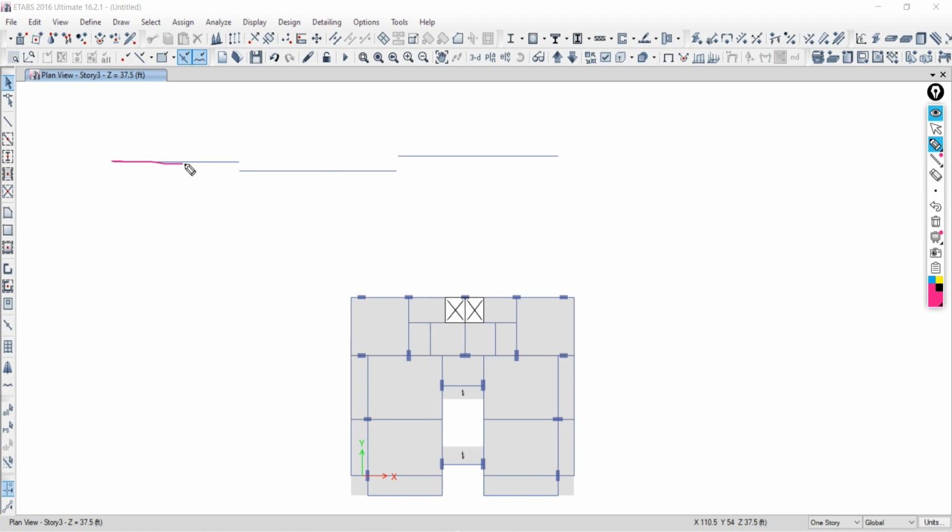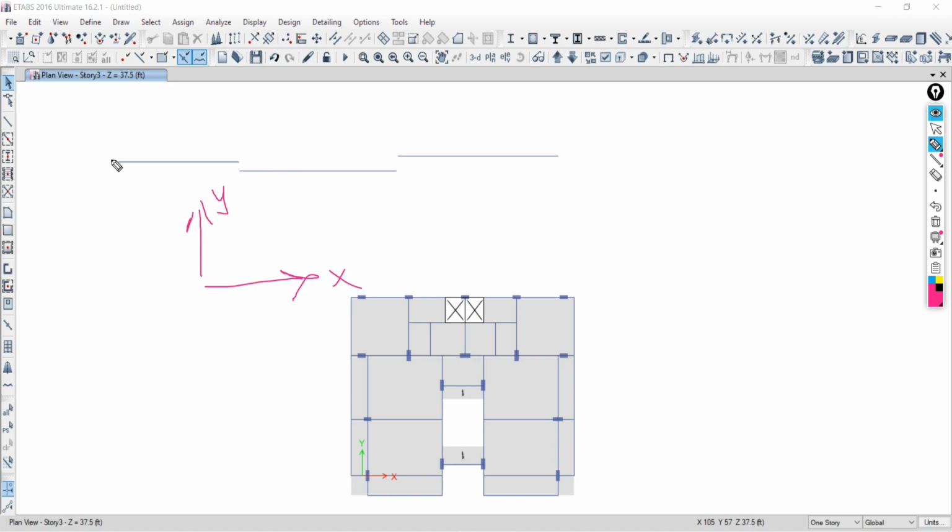My intention is to keep all of these beams in the same line. Select all of these beams. First thing, this direction is the x-axis, and this is your y-axis.